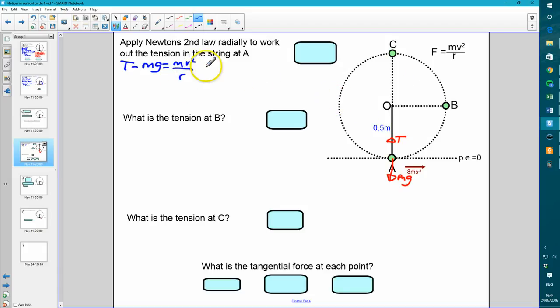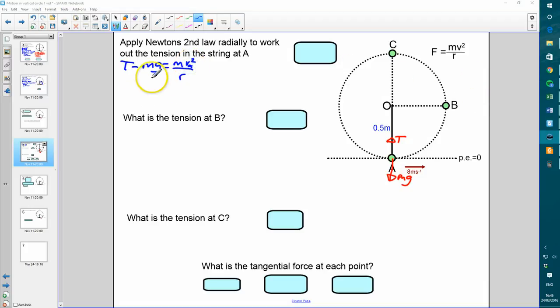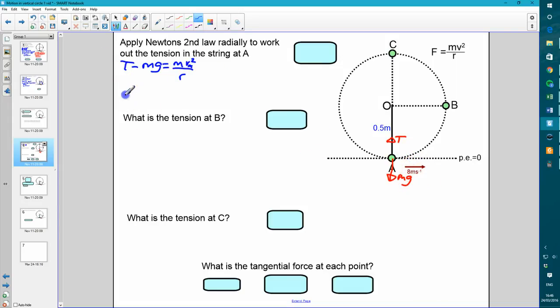And that's my velocity at A, I should point out. Right, so I know my mass and gravity, and I know the radius of my circle, and I also know the velocity at A, because that's my initial velocity, which is 8 meters per second. So I've got all the information that I need to work out the tension, so I can say that my tension take away